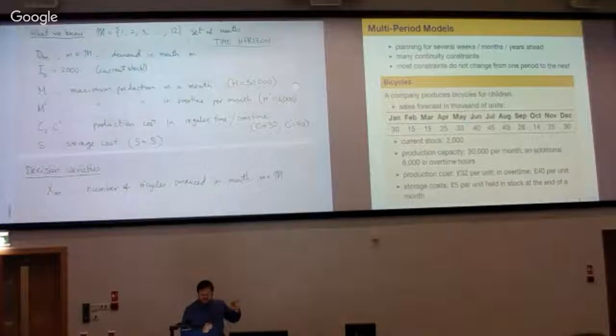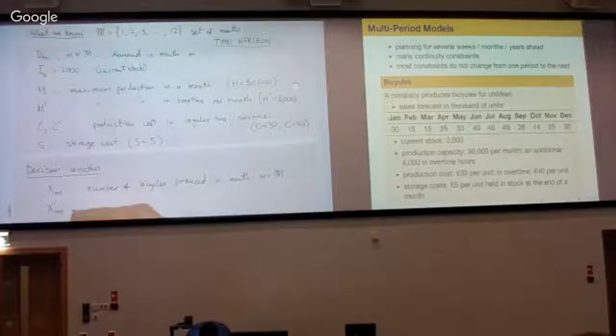So what you want is a separate decision variable for the number of bicycles that are produced in normal time and a decision variable for the number of bicycles produced in overtime. You could probably get away with not splitting it into two decision variables, but it would be quite a complex task to write the right objective and constraints then. So it's much easier to write,